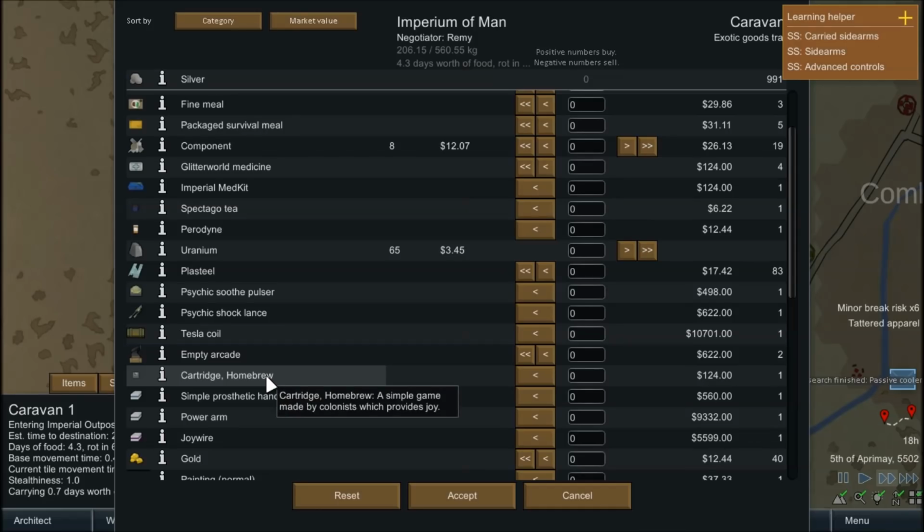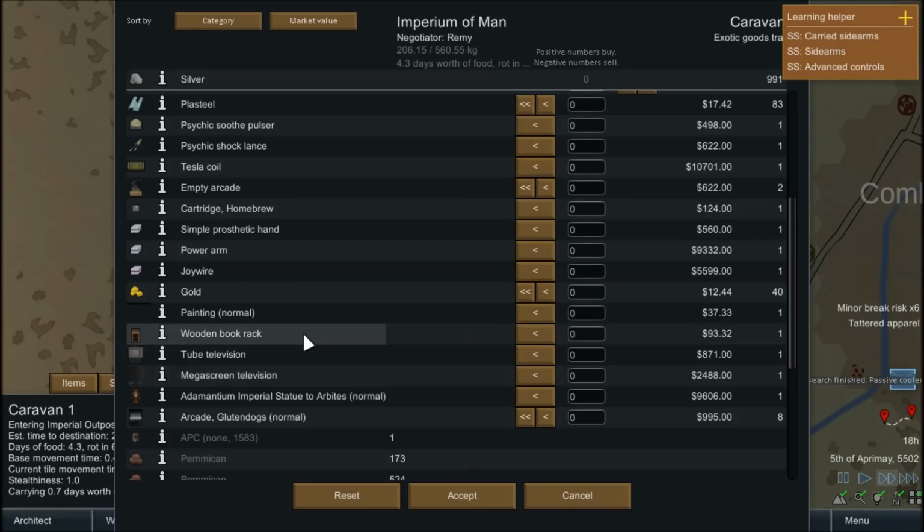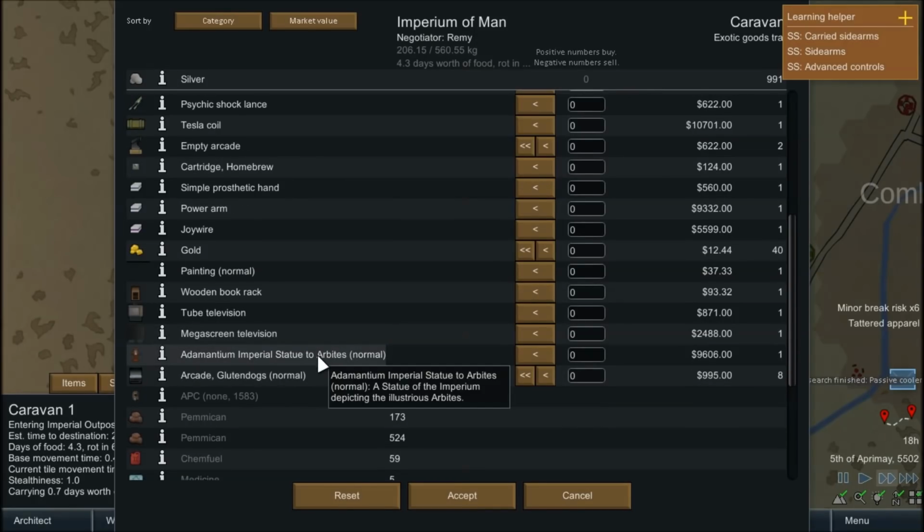Also a game to go with it. Some prosthetics, not that we need any of that. Joywire. This little brain implant will make you feel happy and relaxed. Requires brain surgery research before installing. That's interesting. I wonder if we can make those. I'm sure we can. I was really hoping they would have